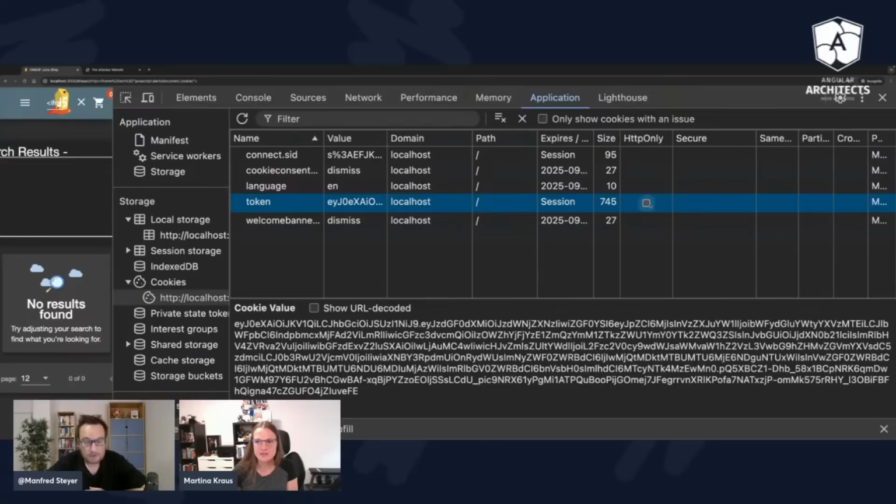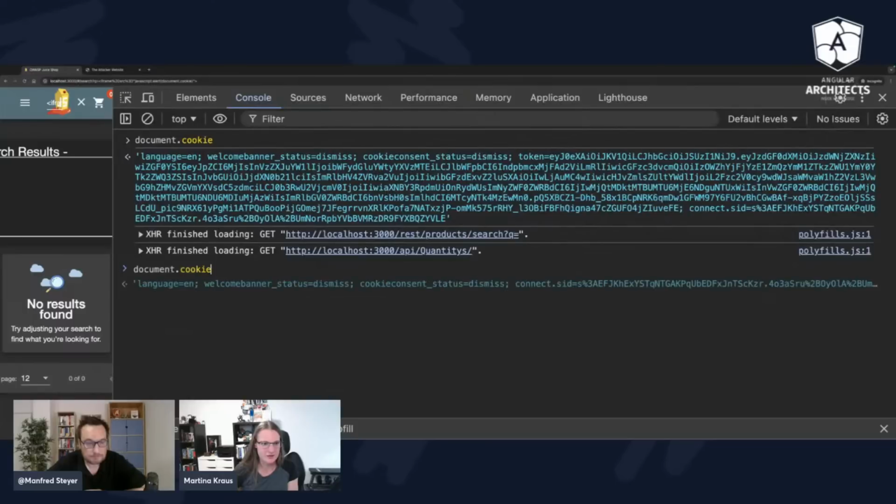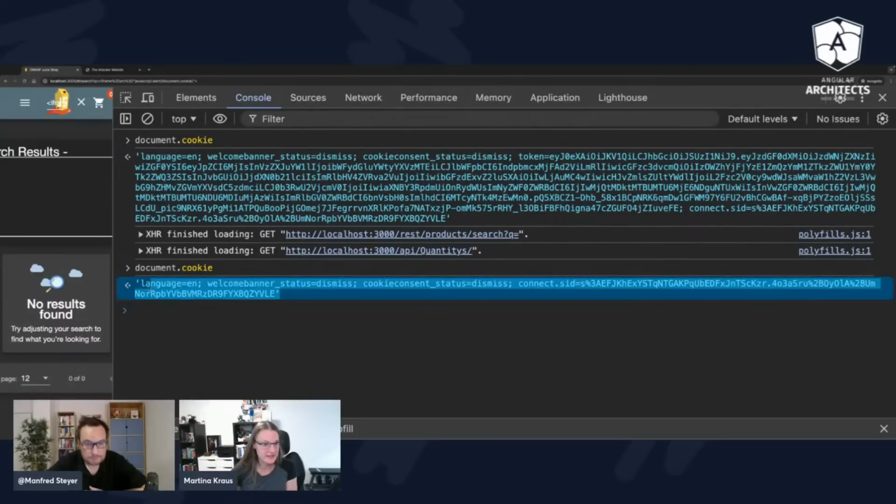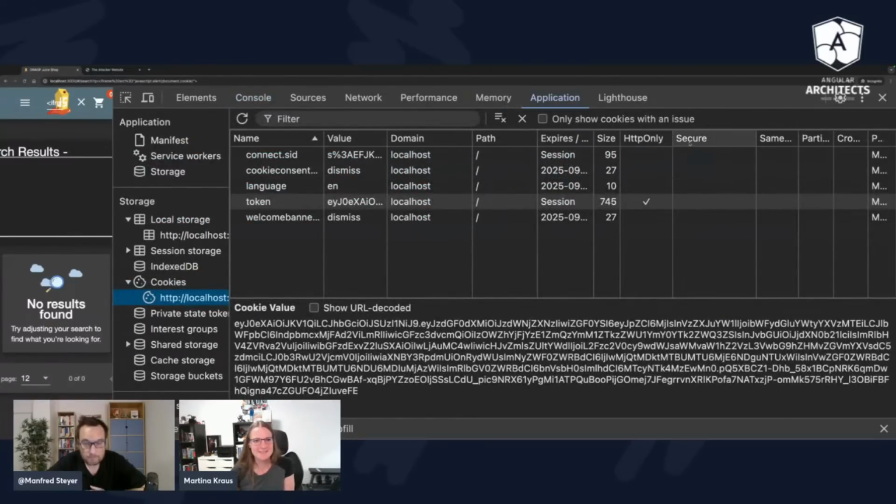So if I set this HTTP only flag over here and, for instance, try to access the whole cookie again, we see actually the token cookie is missing over here because it has the HTTP only flag, which means now it's basically impossible to steal the cookie through JavaScript. So this is one of the best things about cookie attributes. Do you know other attributes? Do you know what secure does?